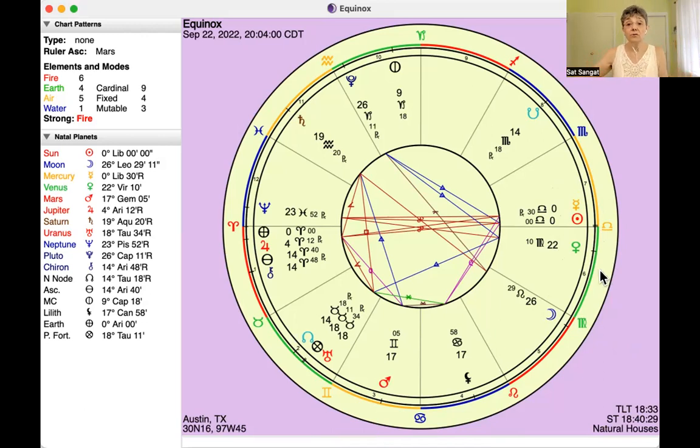matters. So here we have also Venus separating from the square to Mars, which has made for a controversy, right? And also the disparity between our desires and our actions, right? Well, those are the main aspects. Venus is applying to the trine with Pluto, and also it is in quincunx to Saturn. So the Saturn is reviewing, right, retrograde, is reviewing the social organization, the social structures that are